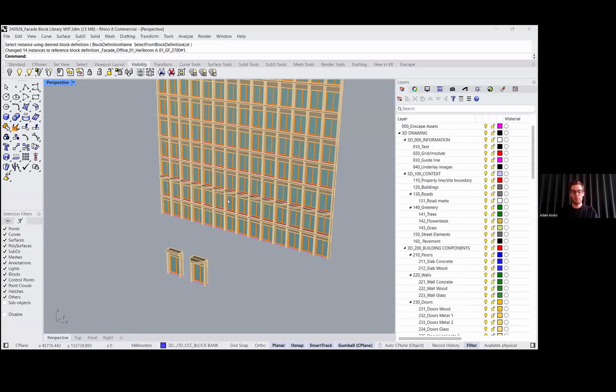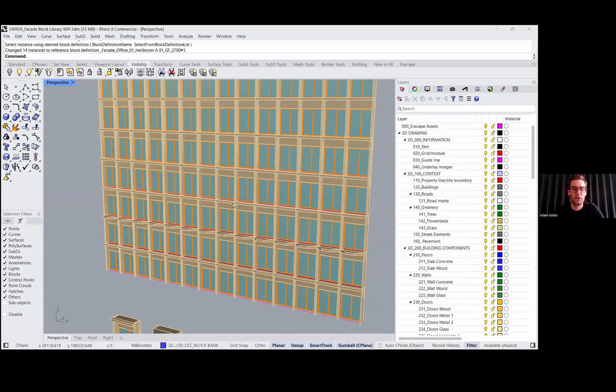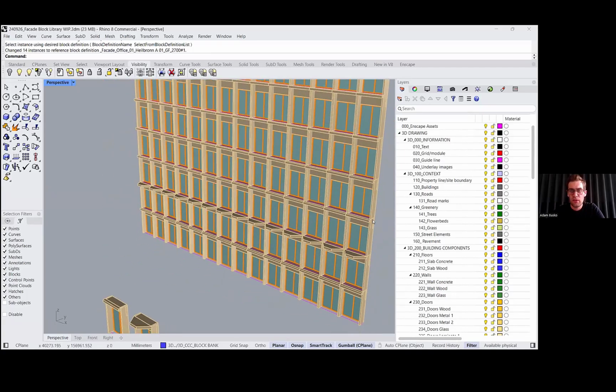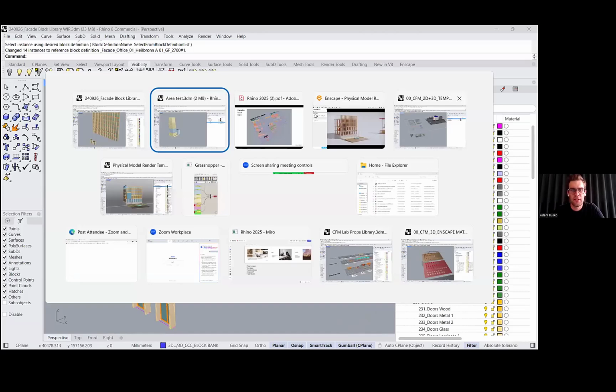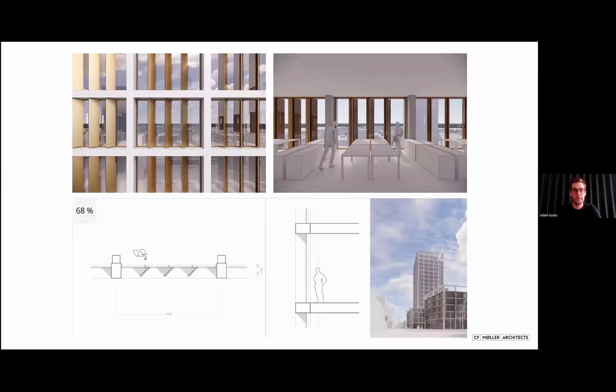And then you can make very quick changes on a larger geometry and actually see how this will work when you render it in proper lighting conditions, because that's the biggest part of the whole facade game. So when we look at the next part of our workflow, we get the facades on the volume, and now we start to do a proper study. And you just saw how we exchange the blocks, and with that method in mind, you can even see here in that study that we did,